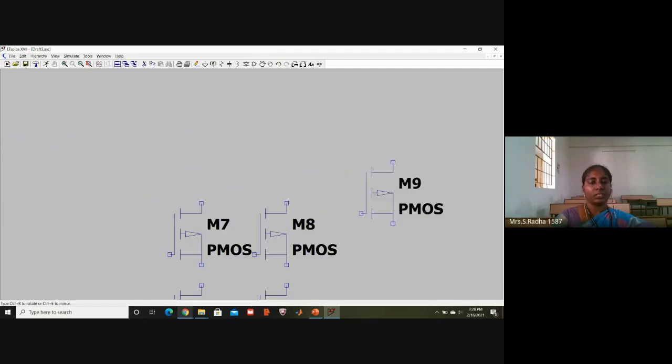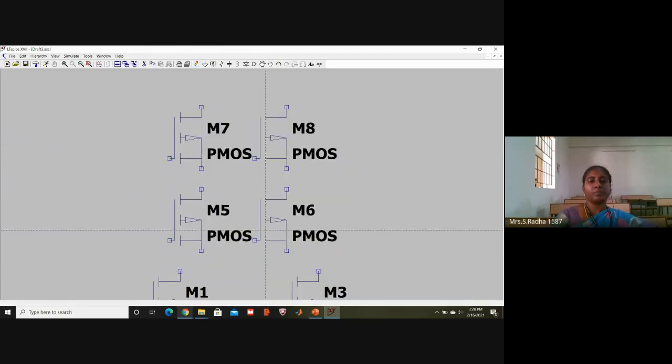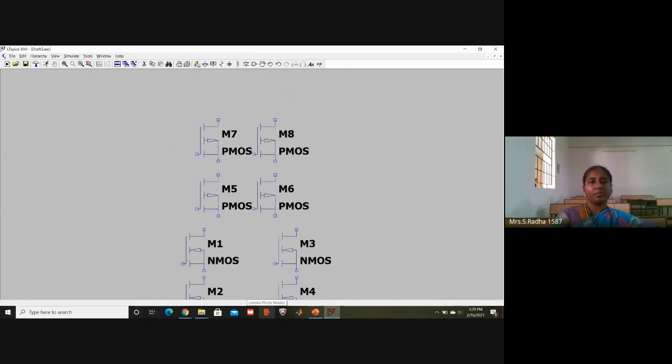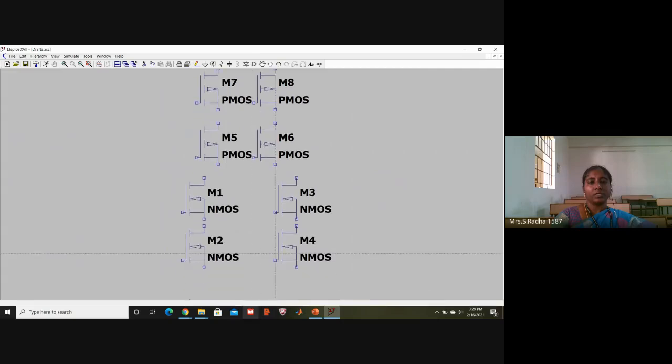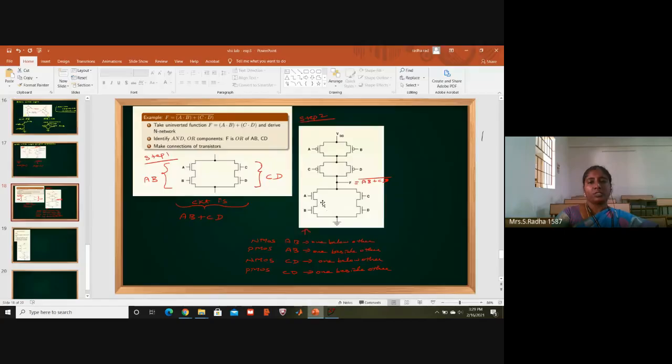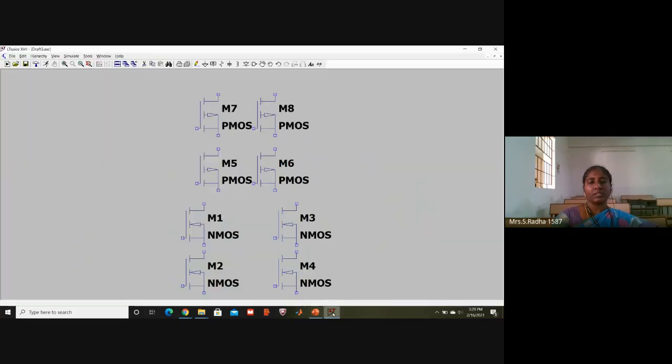Escape. And if I take the wiring and zoom in, I think now it fits the window. If you see, NMOS face to face, PMOS also face to face, I will try to do that.